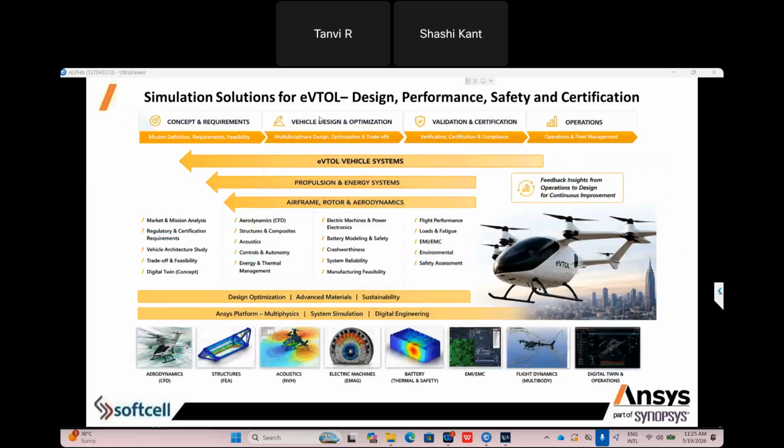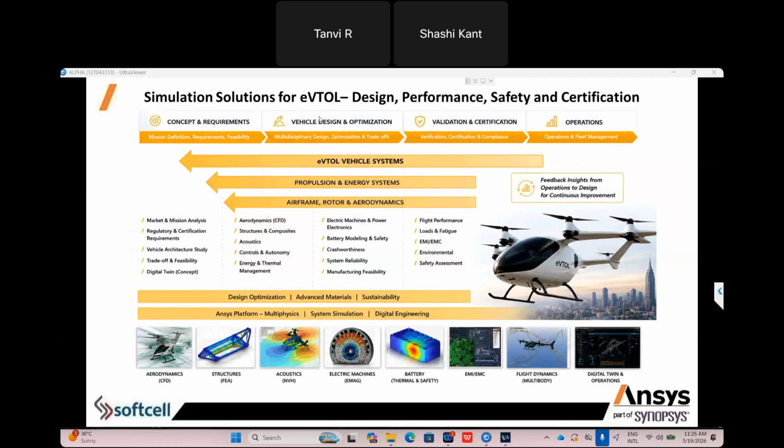So these are the things, as I told you: aerodynamic simulation, we can do structural and composite, we can do acoustic. So acoustic, normally we can say aeroacoustic, vibroacoustic, and hydroacoustic. So these all can be captured, and controls and autonomy and energy and thermal management, for the electrical simulation, signal integrity, power integrity, and crashworthiness analysis and system reliability.